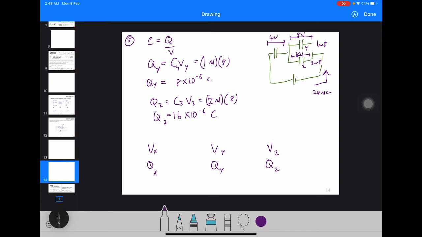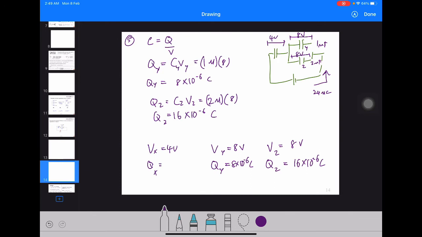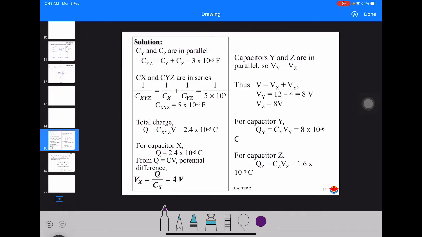Vx, okay, I start with Qz first. 16 times 10 negative 6 coulomb. 8 times 10 negative 6 coulomb. This one is 8 volts. This one is 8 volts. This one is 4 volts. And this one is actually 24. Okay, so you can always recheck, then maybe you can